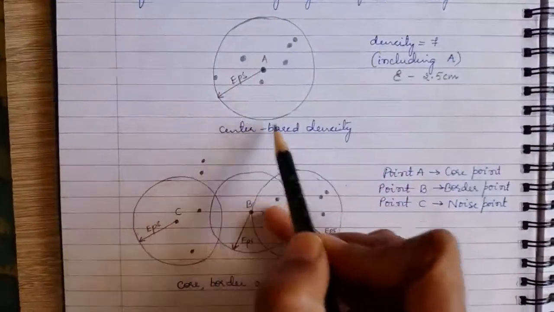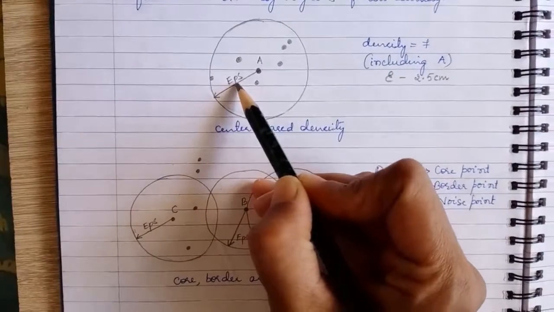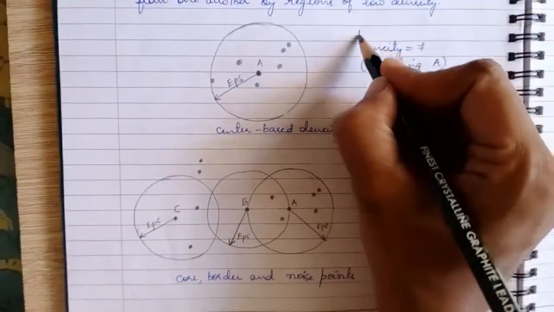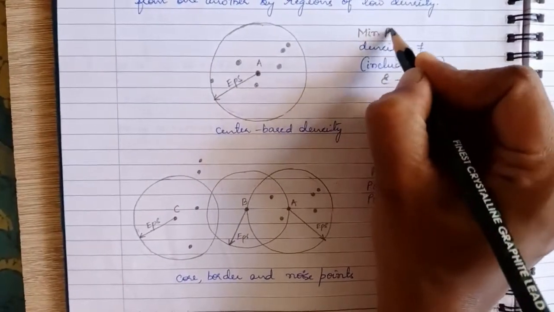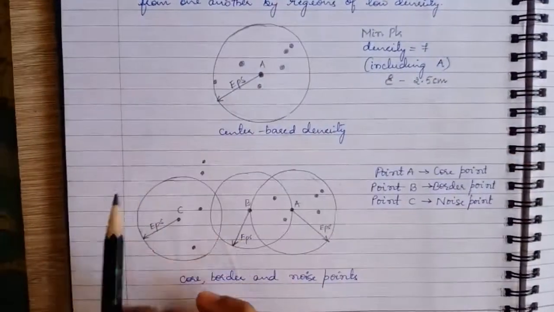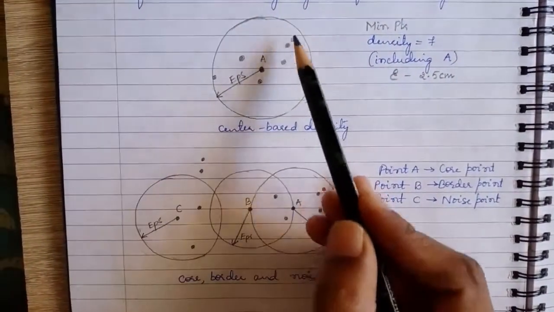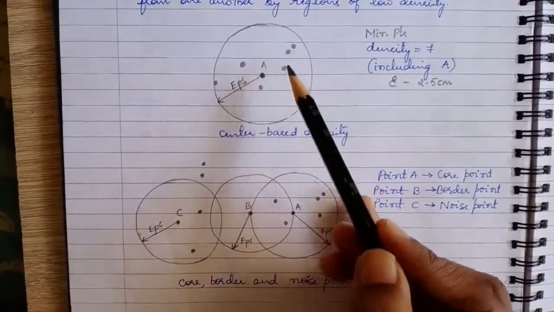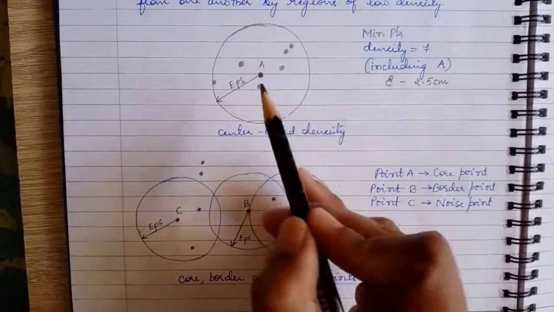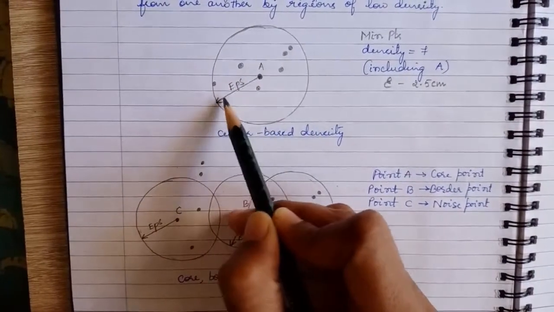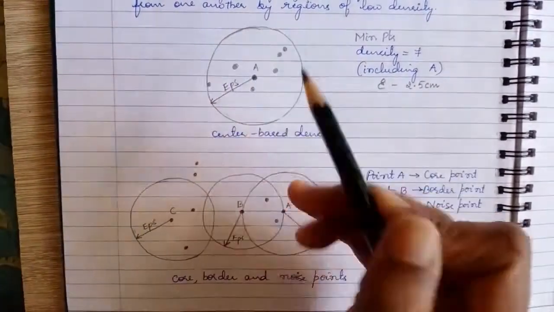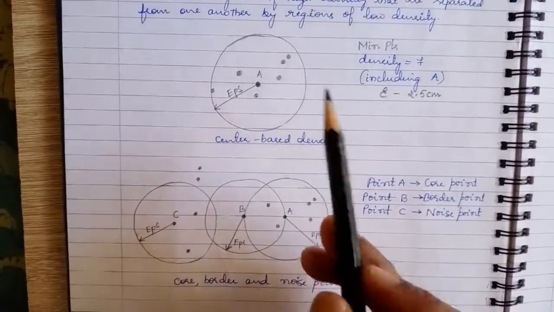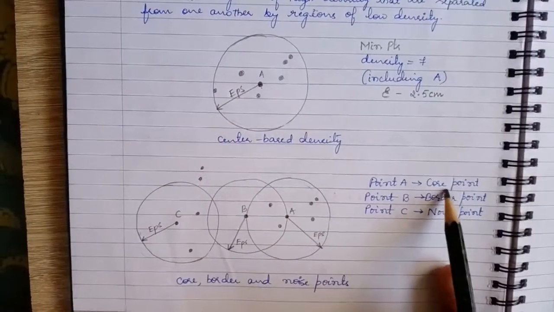Here, this is the circle which is drawn with epsilon radius. Consider it as 2.5 centimeter. And minimum points, the density, is also called as minimum points. That is given 7. So any circle which is drawn with epsilon radius from a data point should consider minimum of 7 data points. So in this case, you have drawn a circle with epsilon radius from point A, and we have 7 points in this radius. Then you can call A as a core point.